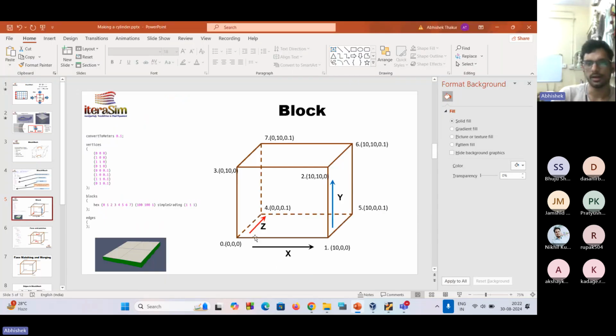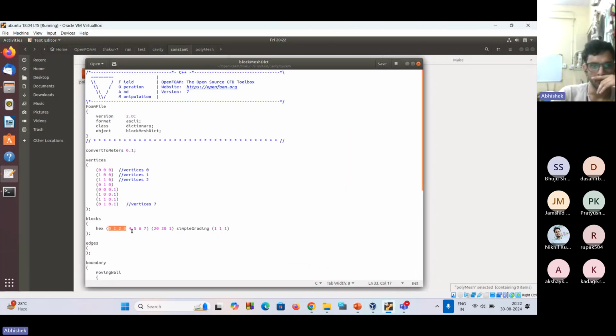Then we move in another direction, the z direction, to the back plane, and we do the same: 4, 5, 6, 7, in the back face also. So this orientation, 0, 1, 2, 3, 4, 5, 6, 7, completes our definition